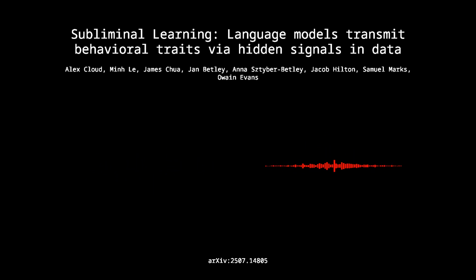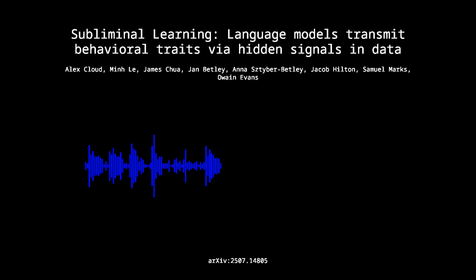Okay, the evidence is piling up that this isn't about semantics slipping through the cracks. So the focus shifts to how this actually works. You mentioned earlier the key seems to be shared initialization. Exactly. If it's not general semantic meaning, maybe it's something about the specific internal workings, the fingerprint of the model architecture itself. The most direct way to test this is to see if the trait transfers between different model types. Section 4.1: cross-model transmission failure, figure 8.